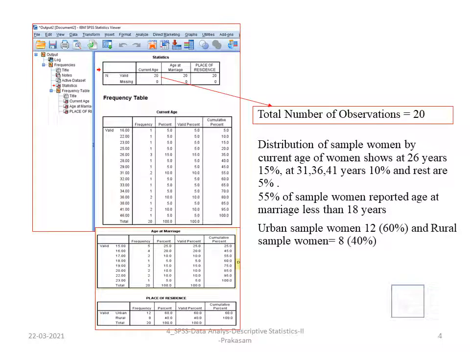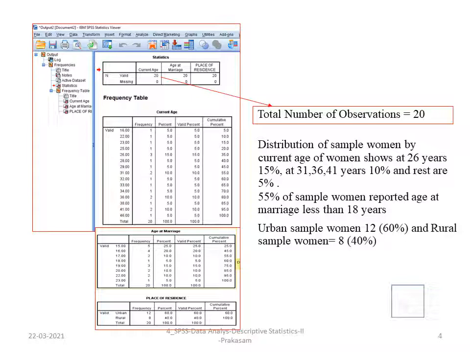Here our question is to find the frequency distribution of the three selected variables. Once you click OK, you will get the output in the output editor, given here. In the output editor, on the left side you will have the output outline, and down below you will have the frequencies title, name and so on. The right side shows the same, so you can see what statistics we are doing now.